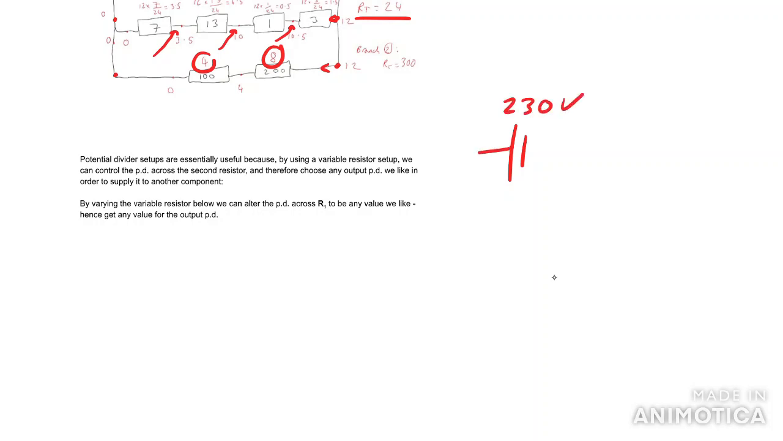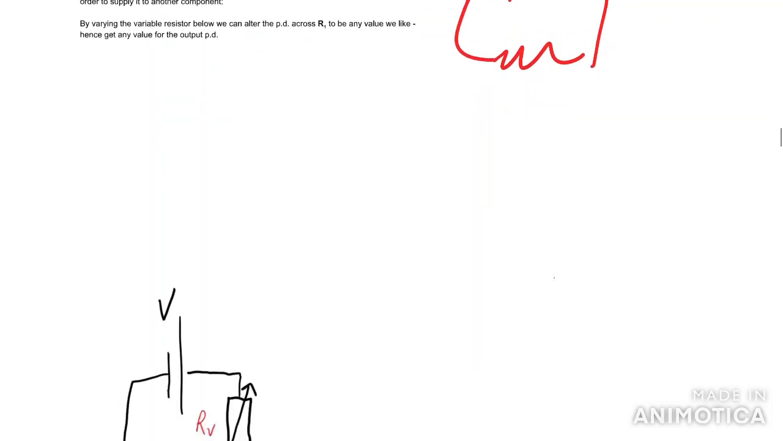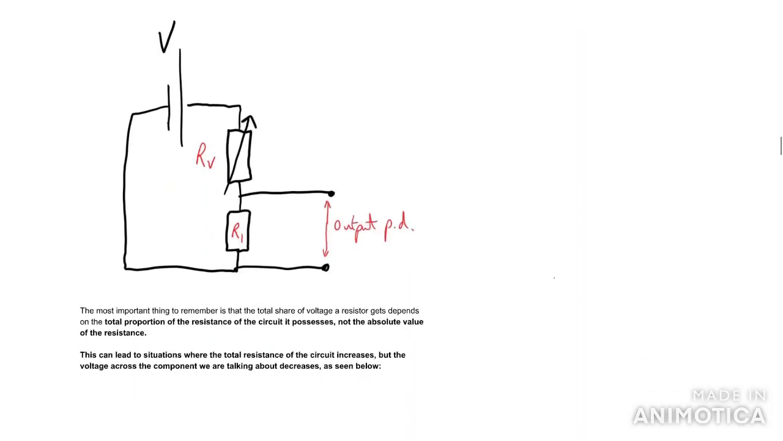And so if we had no choice but to connect components at 230, we'd just end up breaking everything. So what does a potential divider do? Imagine you have a set of batteries that are all a certain number of volts, and you've only got 10-volt batteries and you want 1 volt for your component. Well, if we use a potential divider setup and connect the component across here, which would be the output potential difference,